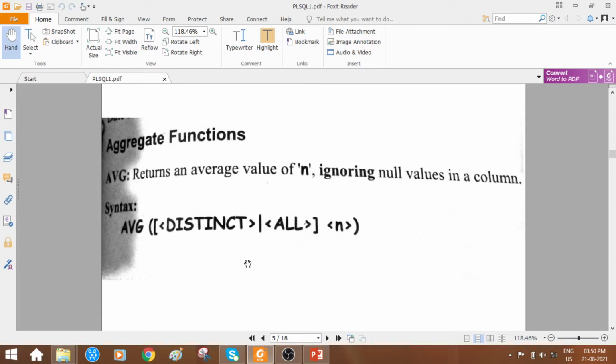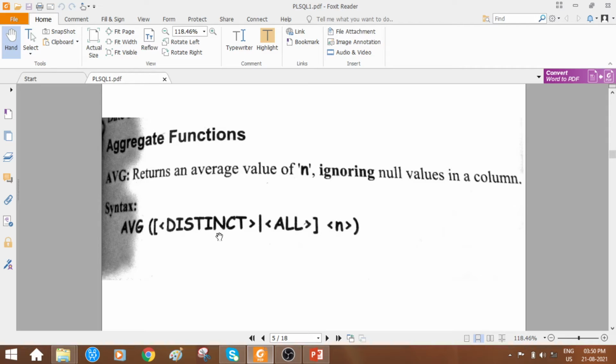So among all these subjects, if I want to view the average marks of which one? DBMS, of all the students. Okay, so I'm going to specify what, like in the student table there is a student roll number, student name, class, course, and marks 1, marks 2, marks 3, marks 4, like that.